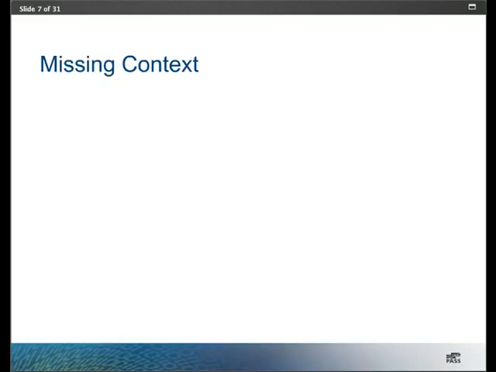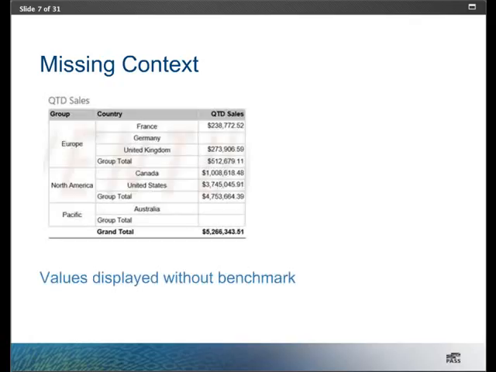Another problem often seen in dashboards is the lack of appropriate context. For example, simply viewing a list of quarter-to-date sales by sales territory doesn't help me know whether those numbers are good or bad. So without the information in the dashboard, I'm forced to go look up a report that lists the forecast by territory and then do some calculations to figure out how close or how far away I am for each territory and the goals that I have. So that really defeats the purpose of the dashboard, which is supposed to tell me that information at a glance.